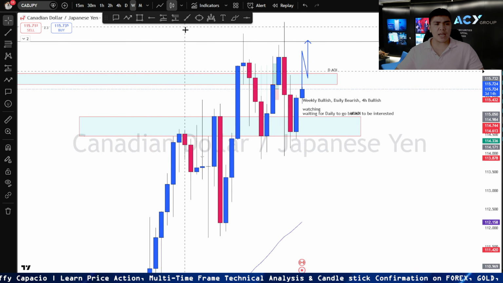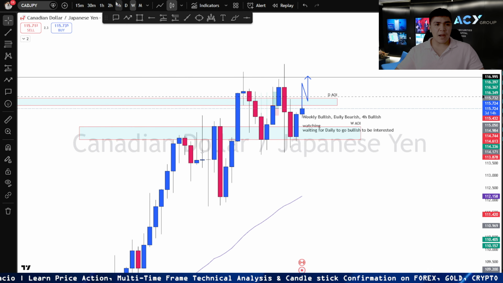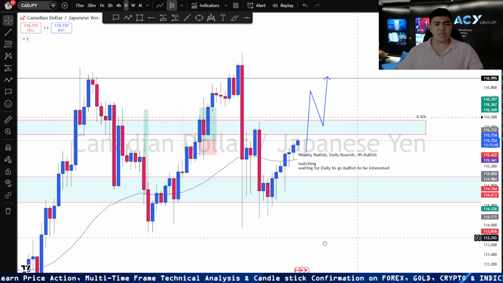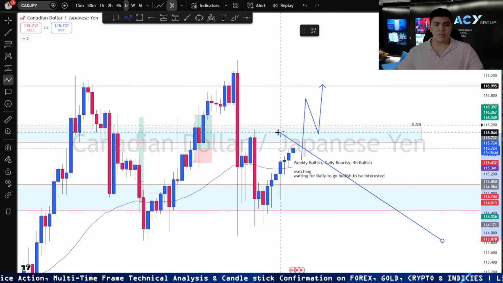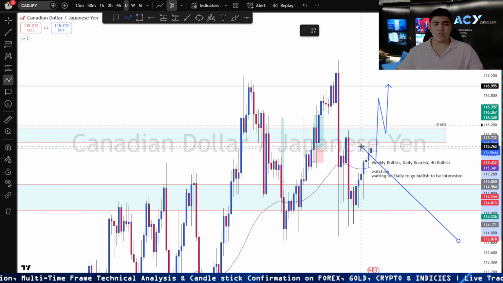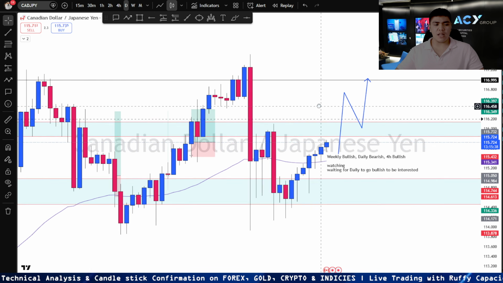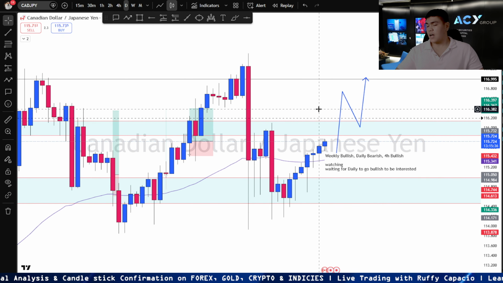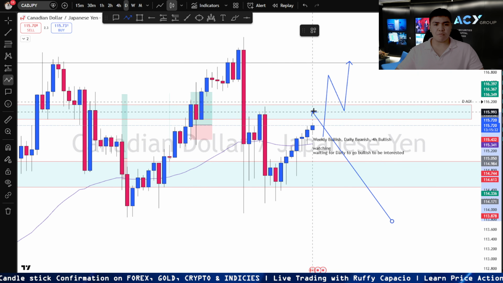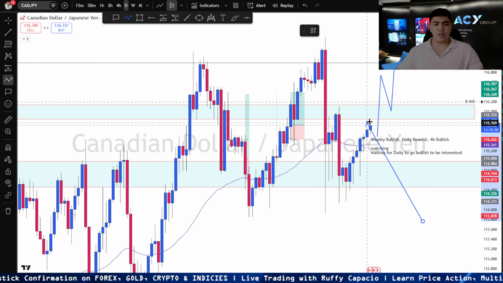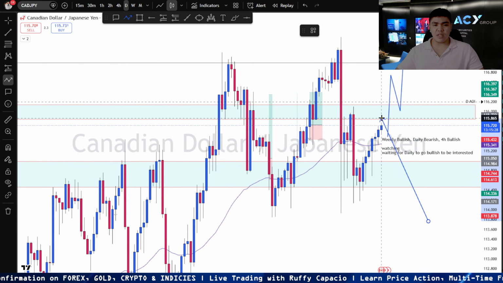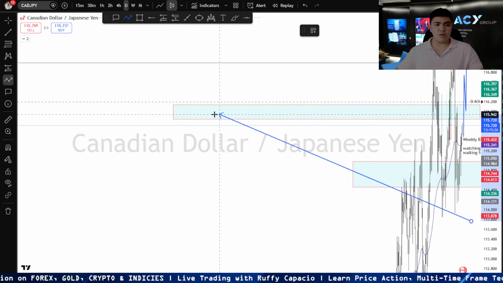We already knew that CAD JPY is bullish. Price still hasn't had its breakout on this daily resistance level. So once price has its break and retest, this setup is already giving us a higher probability setup. Because while price is below, there's no point entering a buying opportunity if there is a strong resistance level